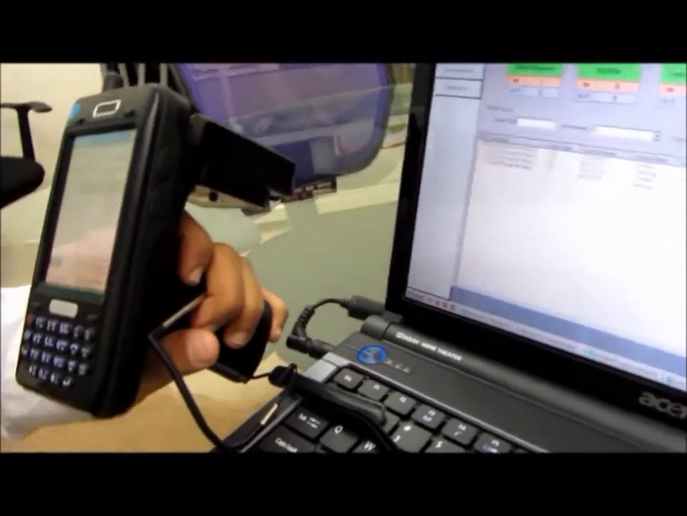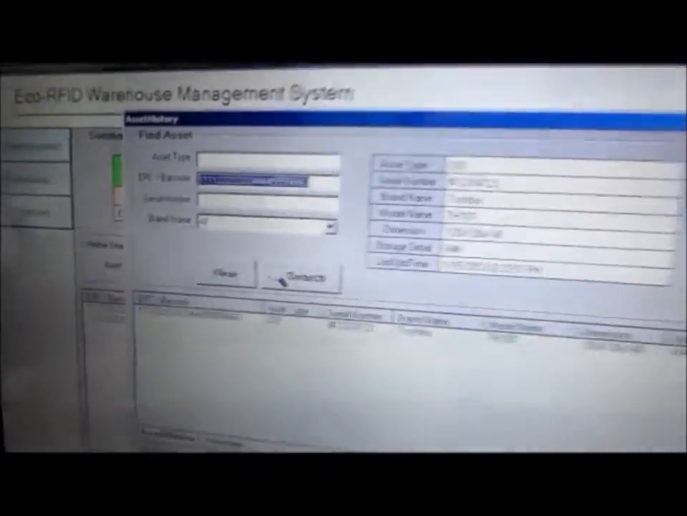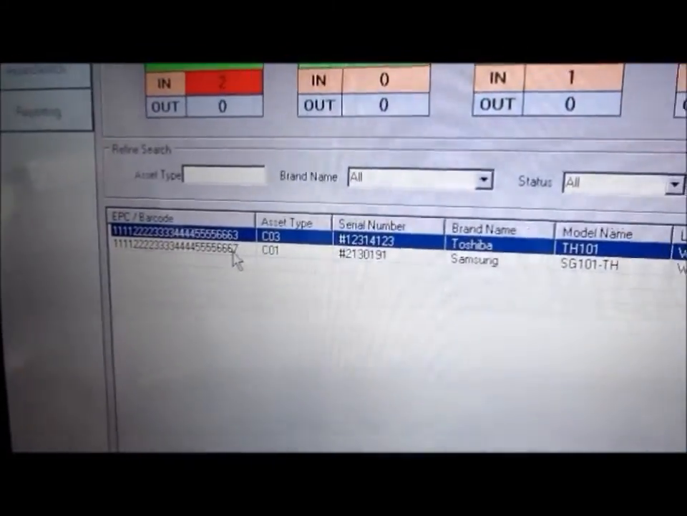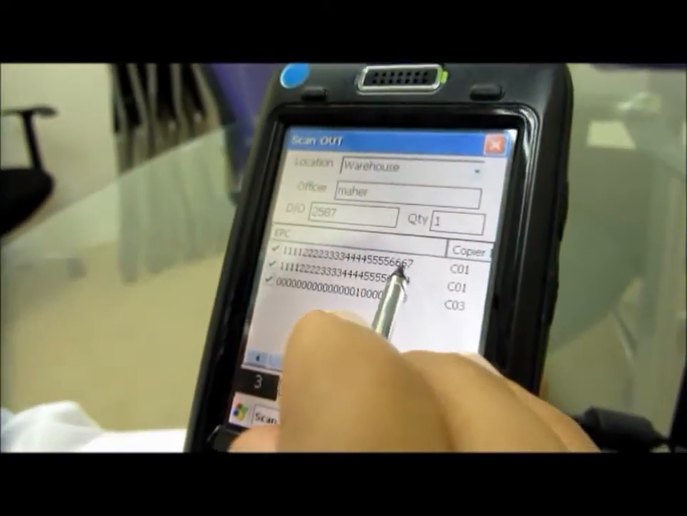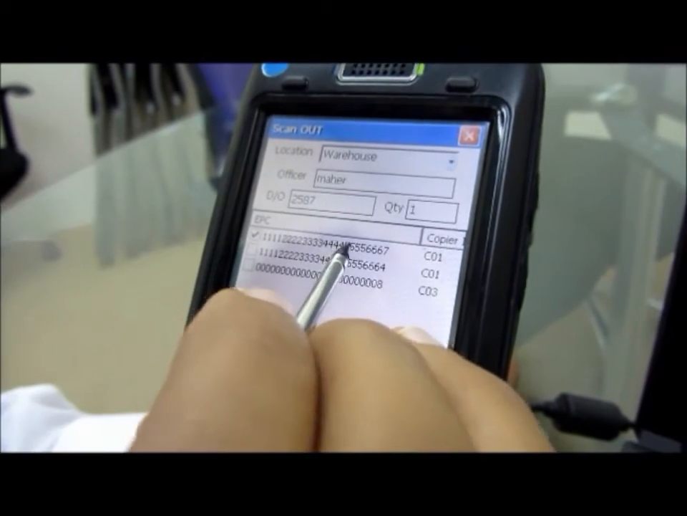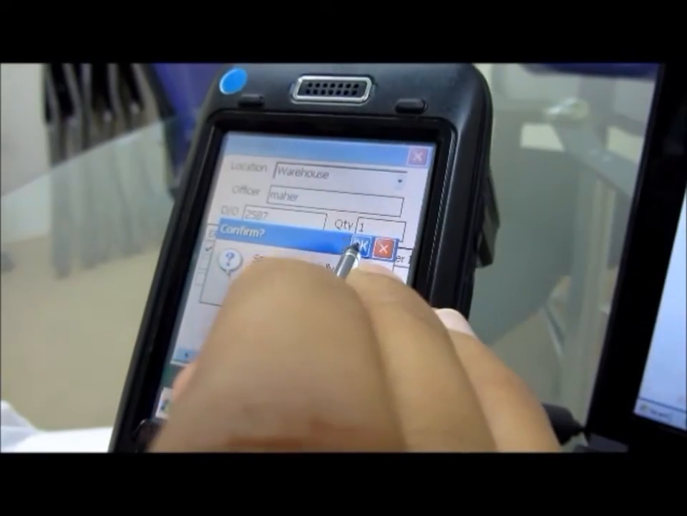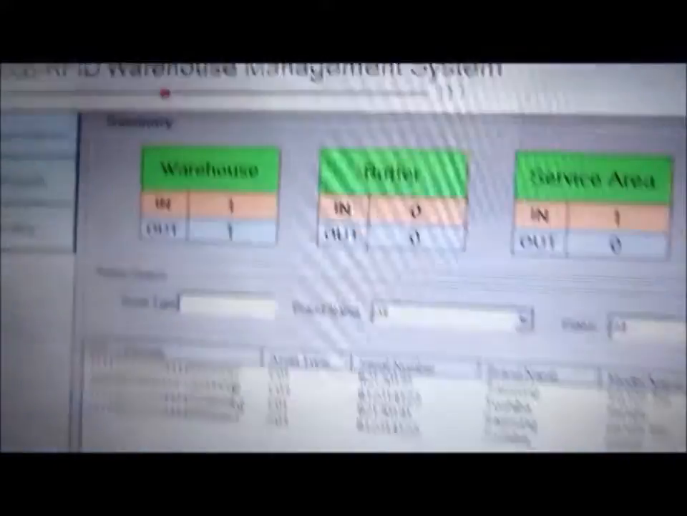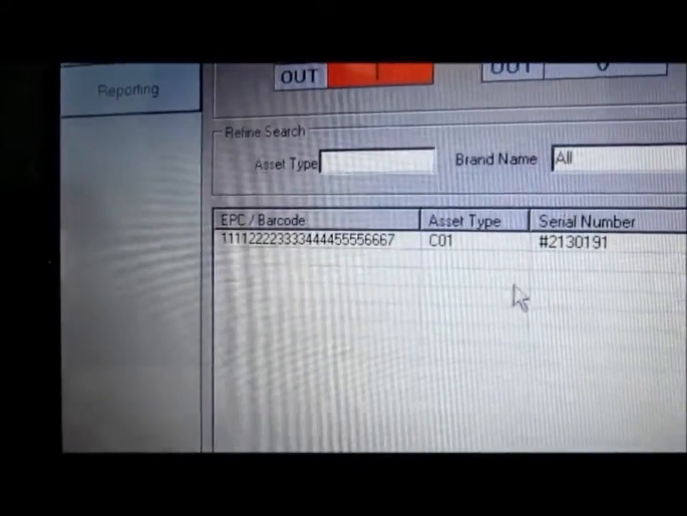Here, the 2 tags inside the warehouse are 63 and 67. So 67 is here, so we will try to scan 67 out of the warehouse, save it, and it's already scanned out. If you press in here, it will show you the details